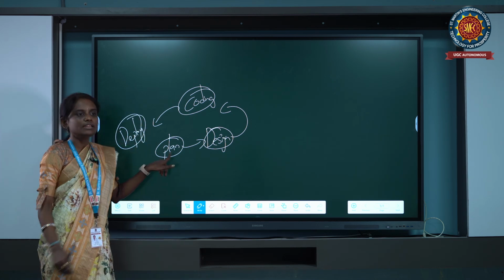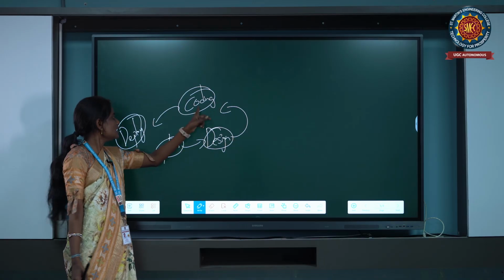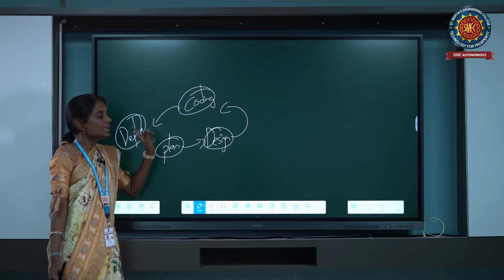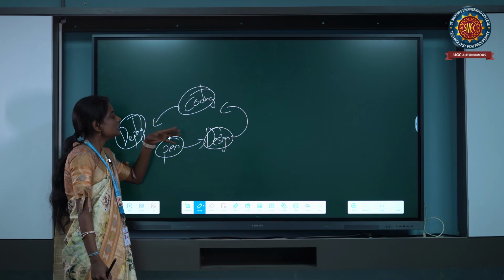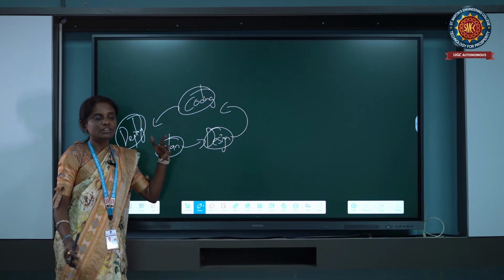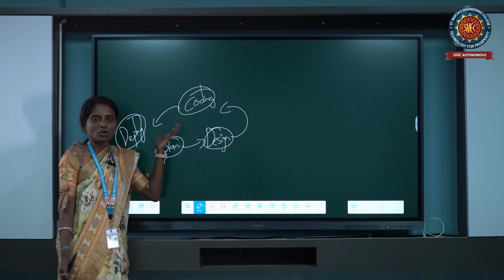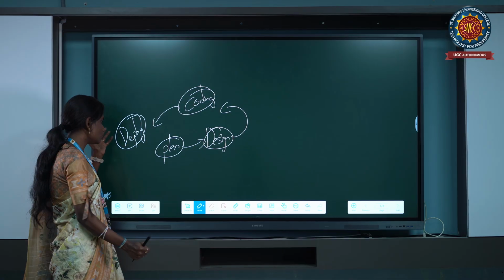So first planning is done, followed by the design, then coding is done, and then it is followed by the deployment. It is similar to the spiral model or the waterfall model, but it is different because we get the update from the users at every stage of development of the product, which is more efficient and accurate and also easy to use.